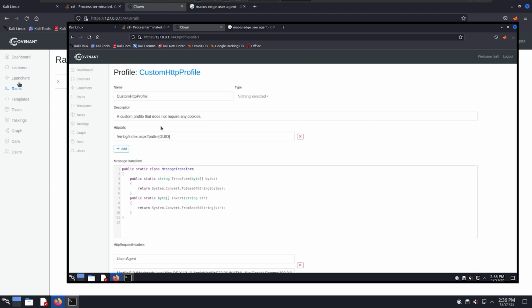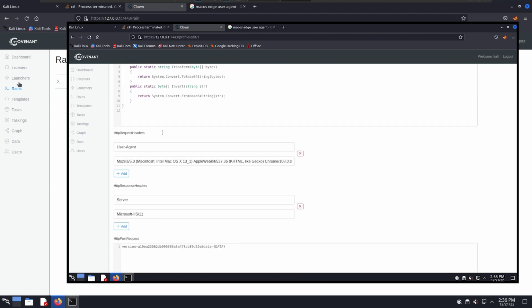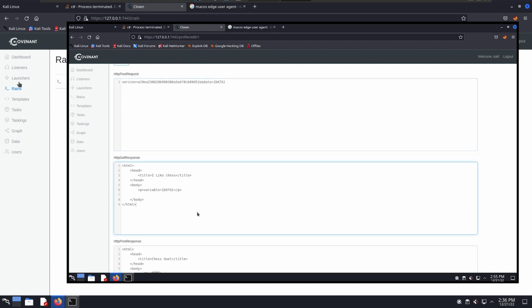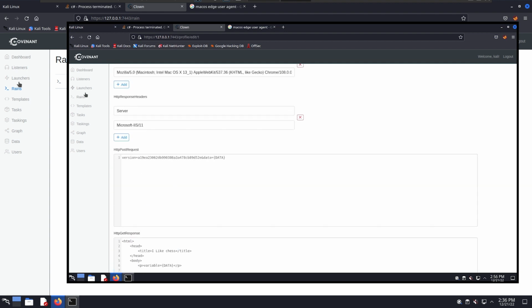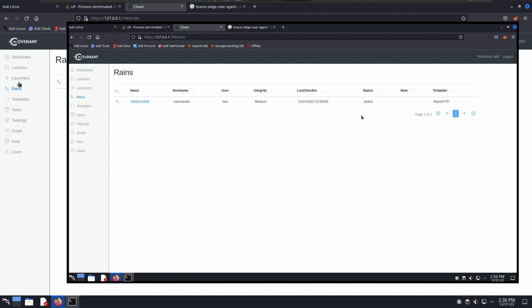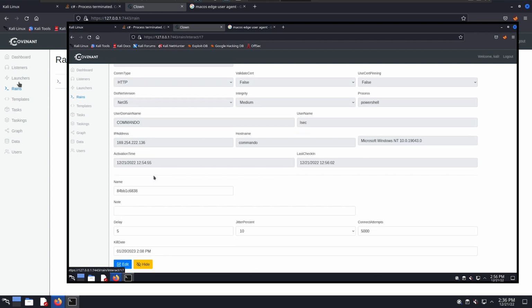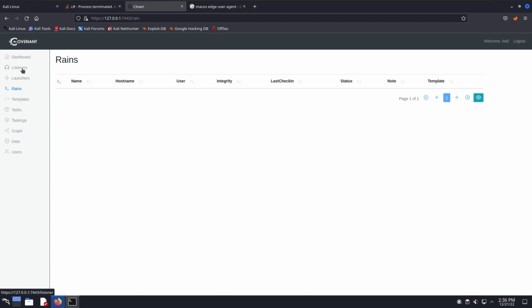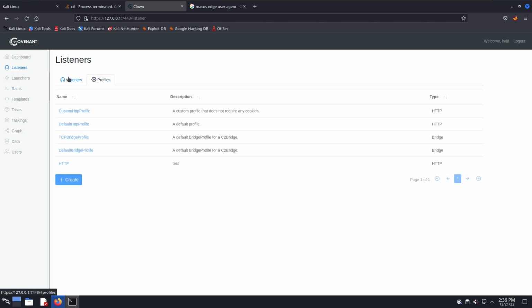So by staying with the current template, the previous one where we did the custom HTTP profile, and importing that data equals something here, here, and here, we were able to make it work again. So on Rain, that's my callback from my Commando using the PowerShell code. So moving on. We messed up with that, and that's why on the listener tab I created a new profile